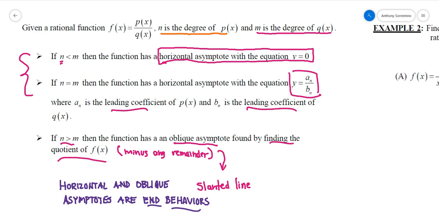So let's look at the situations. I kind of gave away for D what's going to happen with that one. We've got to be able to identify these asymptotes and then be able to use those as part of the graphing process. So let's have a look and see what kind of asymptotes we should expect to have. So for example 2,